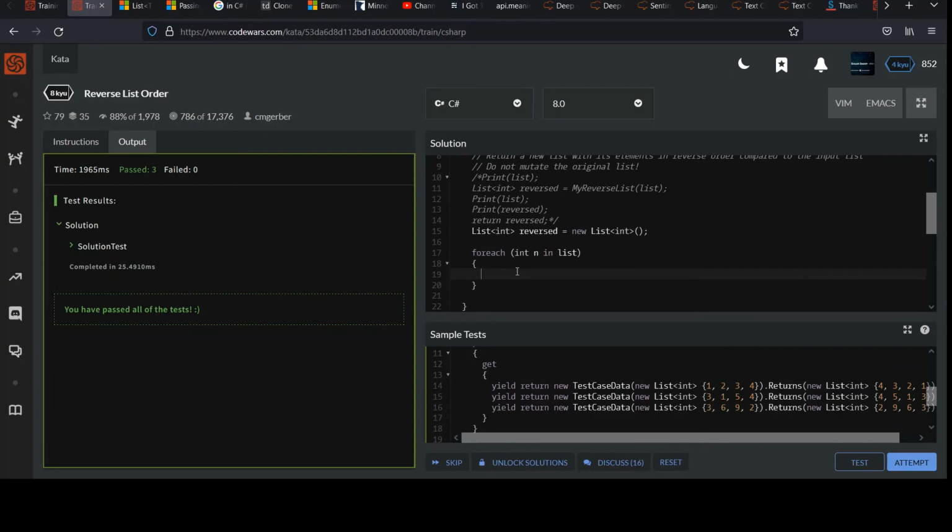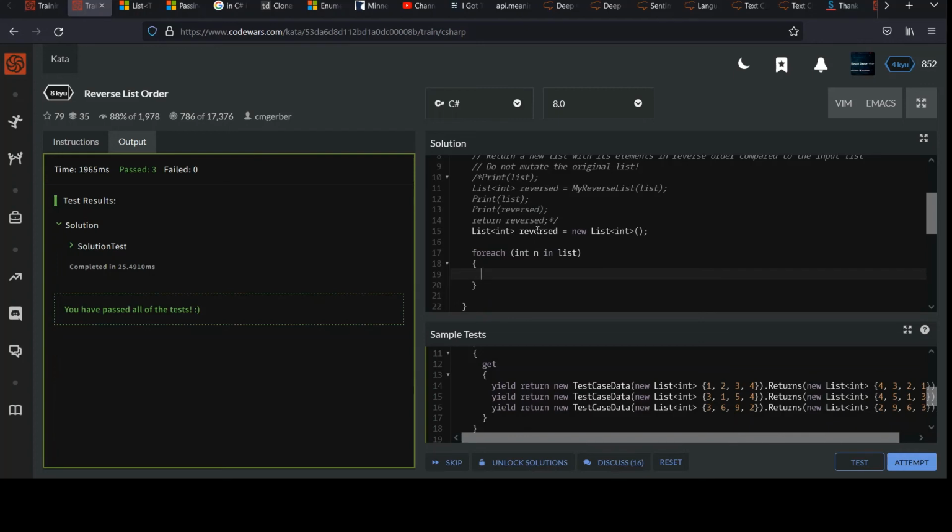Remember with the characters, we went from left to right like we read in the West. It's a little different here though, because we want reverse order. So instead of appending to the end, I'm going to take my list collection and keep inserting at the beginning. If I'm reading the numbers from left to right, and I'm always taking the next number and putting it in front instead of the back, you can hopefully visualize how that's